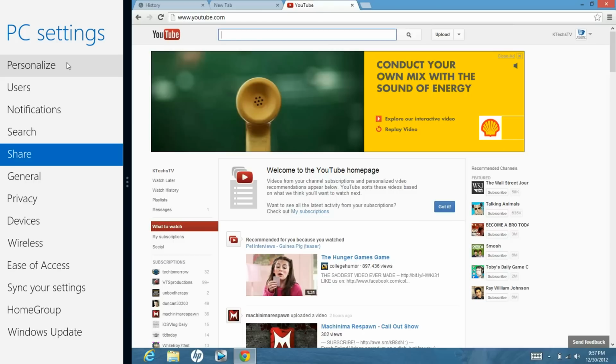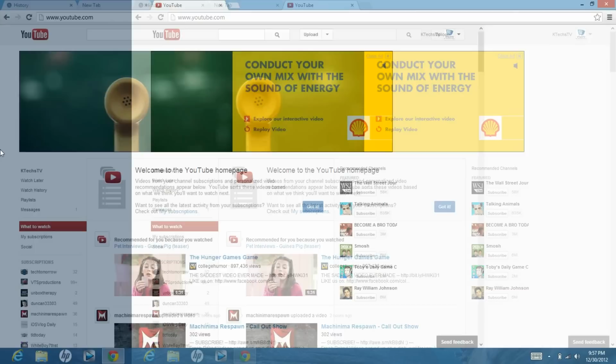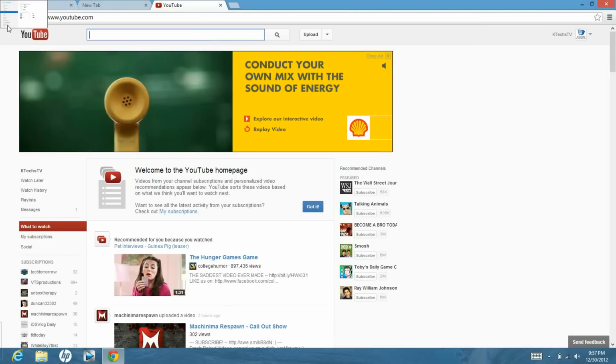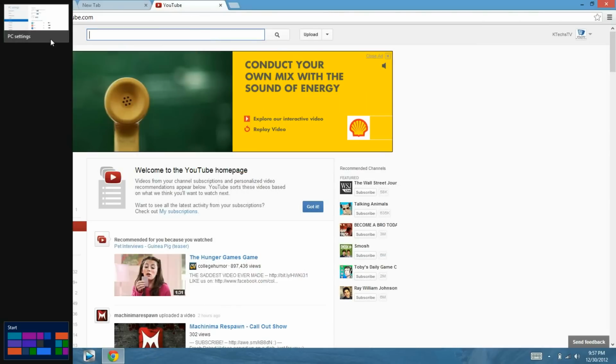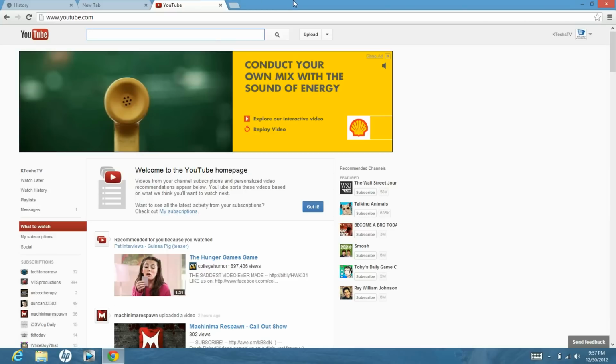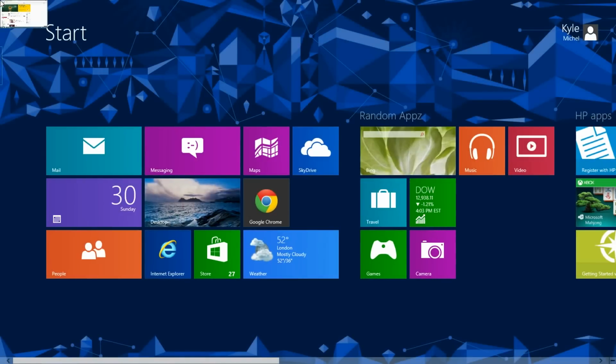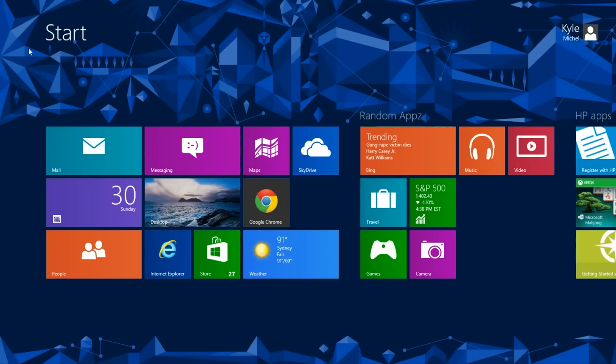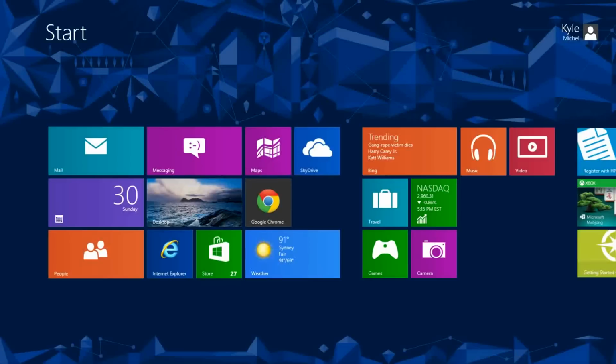Alright, with that said, we're going to go ahead and move on to number 5, and this is also interesting, but very related to the last one. So if I close this up, go back up here and move my cursor down, you'll see I have a sidebar here, and these are the apps that I'm currently running, and that would be PC settings and Chrome, but it won't show me that because I'm currently in Chrome. So if I go to the start menu, and I go up here, and I go down, maybe, possibly, no? Okay, I think I have to open up more apps. So if I open up the mail app, and I go home, and open up the messaging app and go home, and then I go back to the desktop,